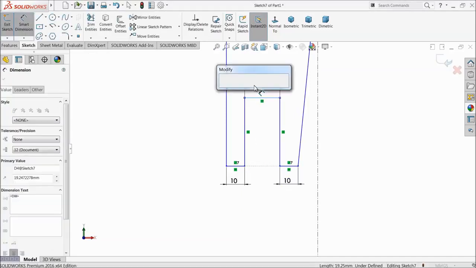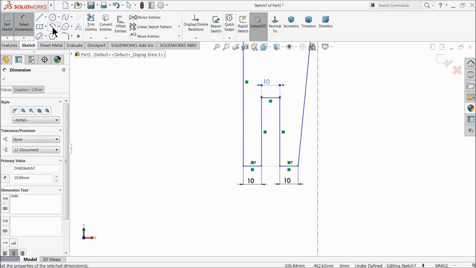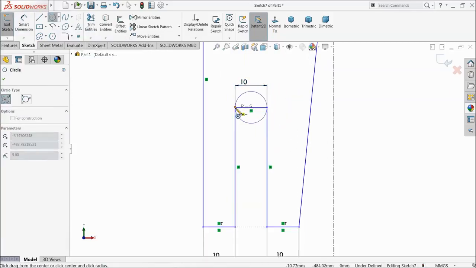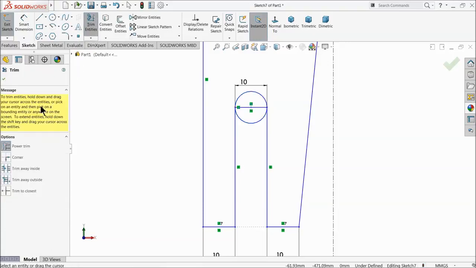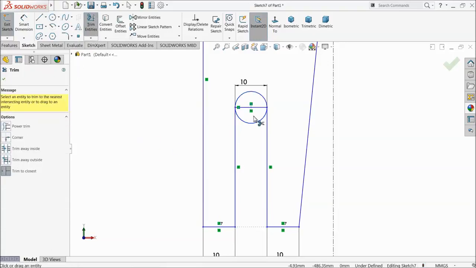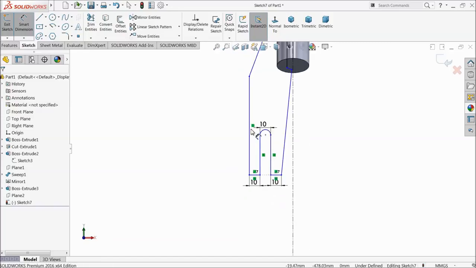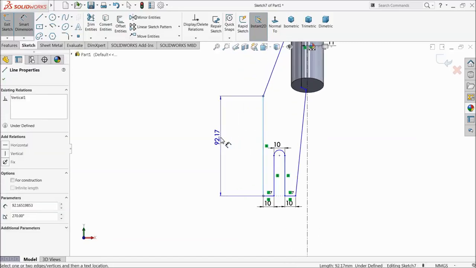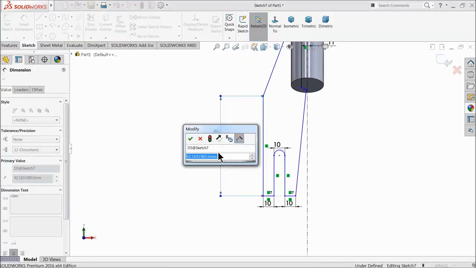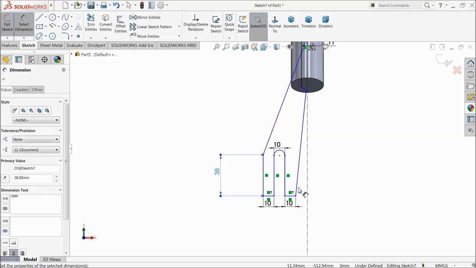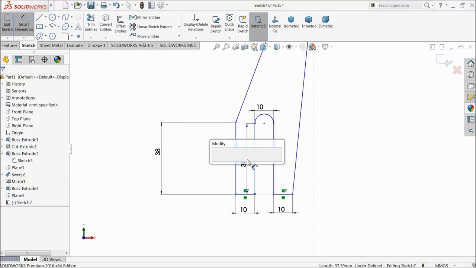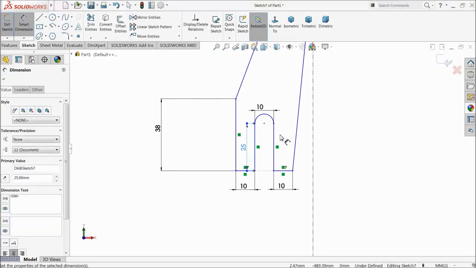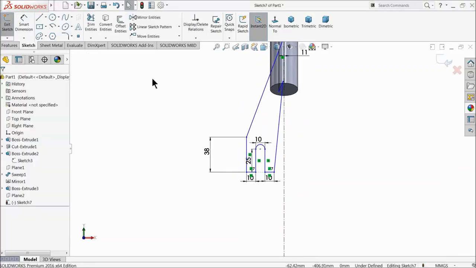Ten by 10 mm, and here also keep 10 mm. Select circle, trim entity, trim to closest. Okay, 38 mm, 25 mm. Okay,